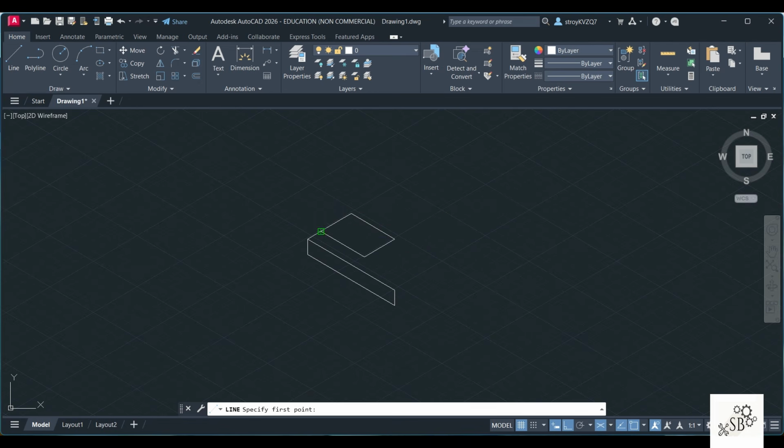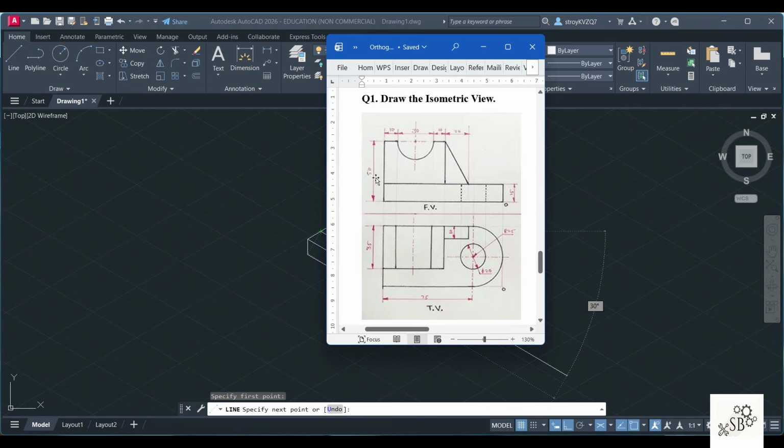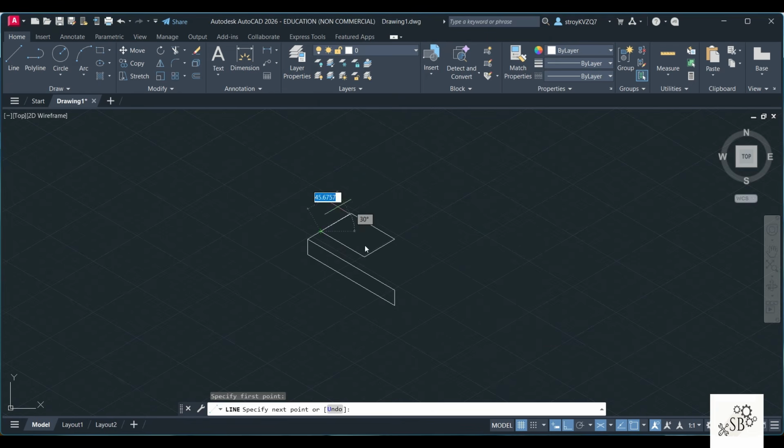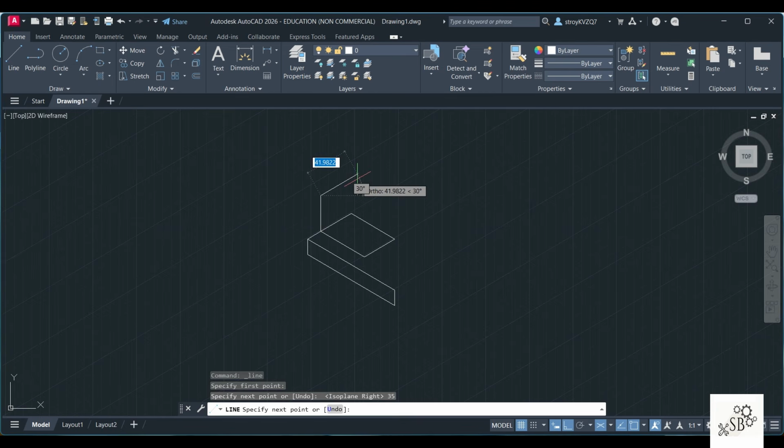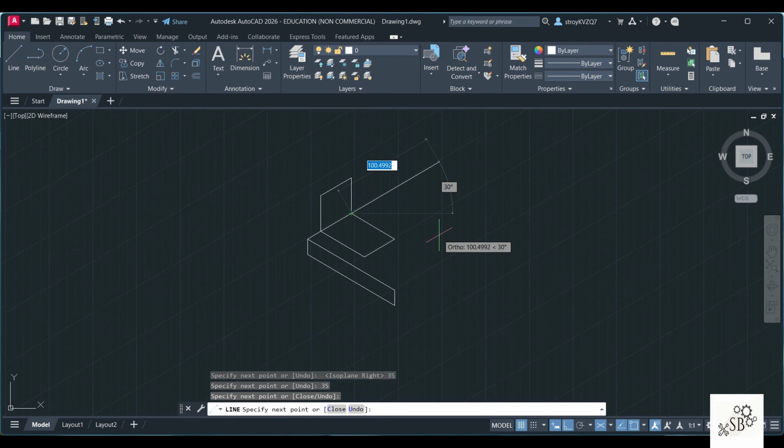Now from here we will have to draw a vertical line up because you can see this is going up by a distance of 35. This is also 15 and 50. So this is 35. So I will draw a line upwards, but this is not going up because the plane needs to be changed. So click F5. This is 35. From here, you need to go behind by a distance of 35 and this is going to go down.